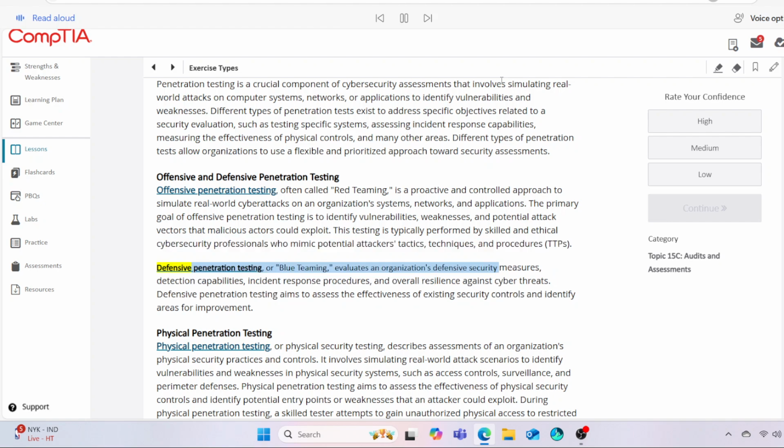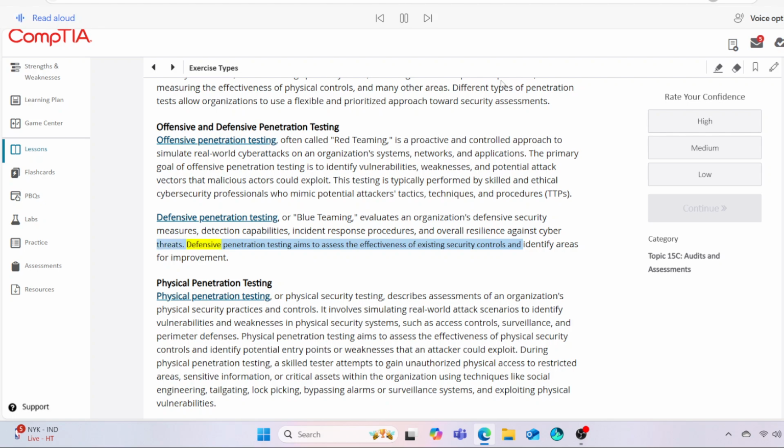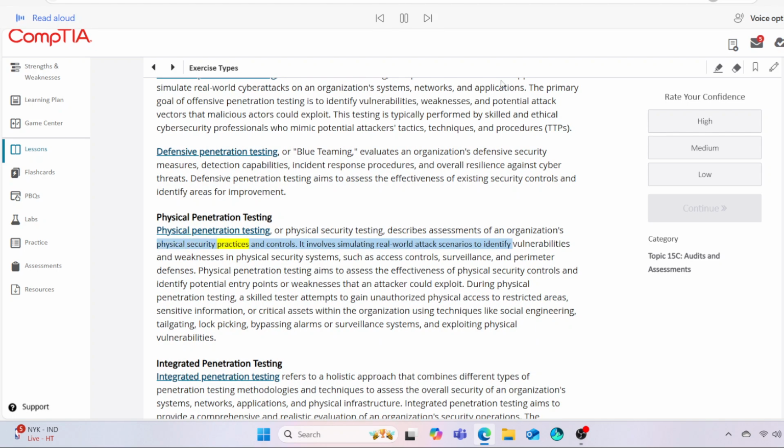TTPs. Defensive penetration testing, or blue teaming, evaluates an organization's defensive security measures, detection capabilities, incident response procedures, and overall resilience against cyber threats. Defensive penetration testing aims to assess the effectiveness of existing security controls and identify areas for improvement. Physical penetration testing. Physical penetration testing, or physical security testing, describes assessments of an organization's physical security practices and